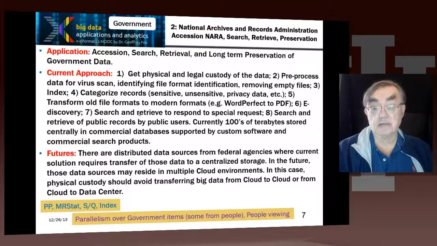A lot of data transfer. Rather, you're likely to have a distributed storage with each agency maybe making different choices to the cloud they're using and so on. And so we need to federate the clouds and avoid actually transferring the data, but just leave it where it is and take logical custody of that information.